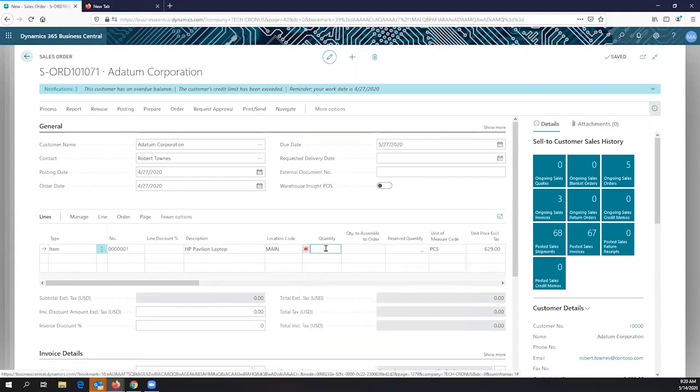I could be in the warehouse actually having the requisition for the customer, and he's asking for 2 laptops. So here's the item. Here is the location called my warehouse. This could be a store, or now we have the possibility to have an electronic,